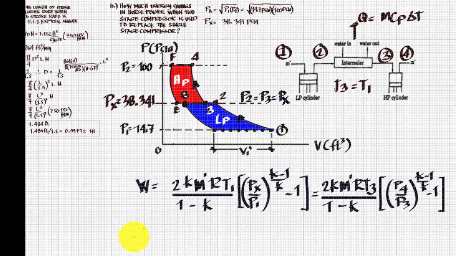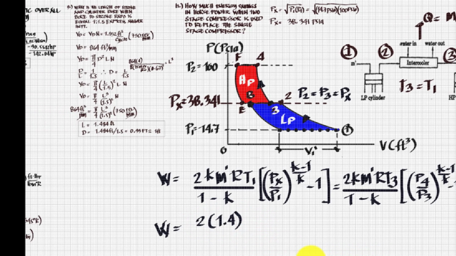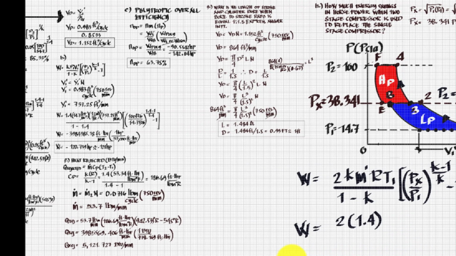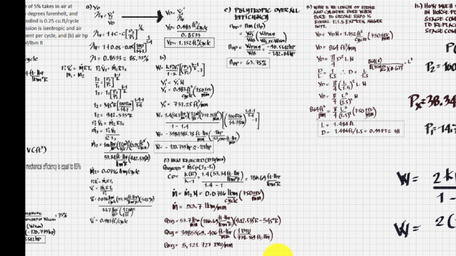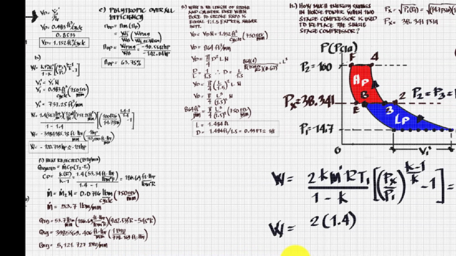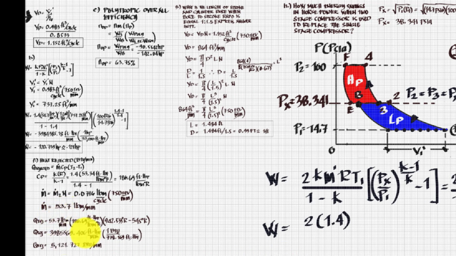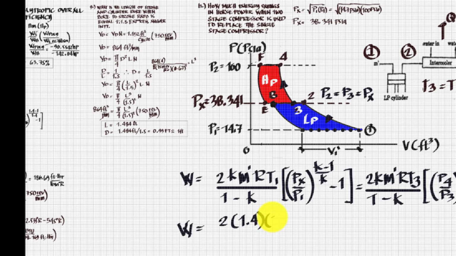Let's try to solve the problem by substituting the values in the work equation. We have the work equal to 2 times 1.4, then the mass flow rate. Let's go back to the previous problem. What we got is the mass flow rate of 53.7 pound mass per minute, so that will be multiplied by